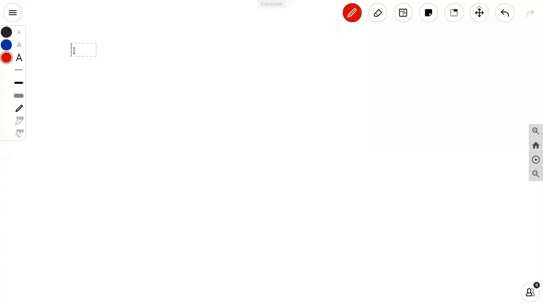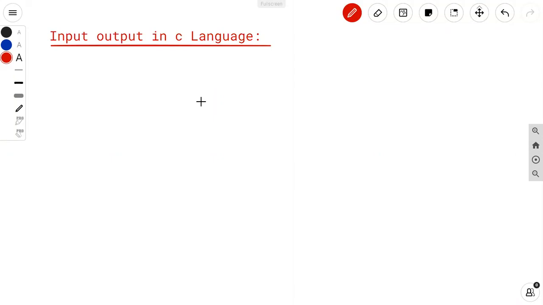So yesterday we have seen various input output functions in C language. As we know, in C language there are various functions provided, and they are used to take input from the user, and various output functions are also available in C language.